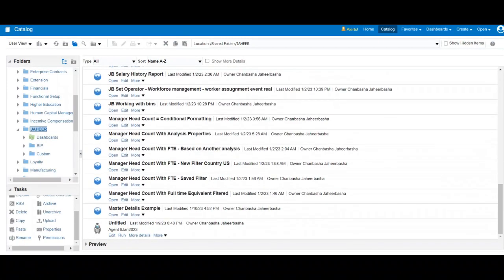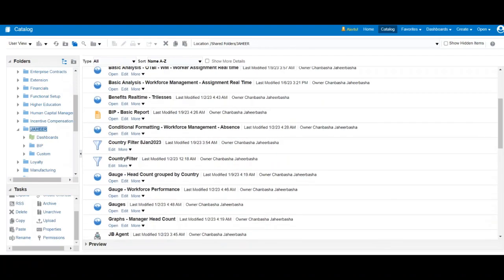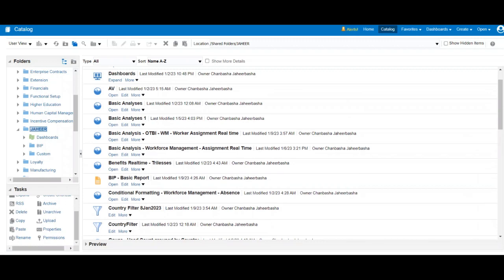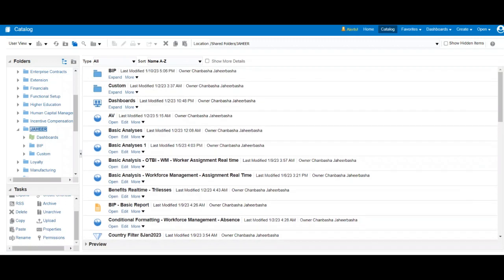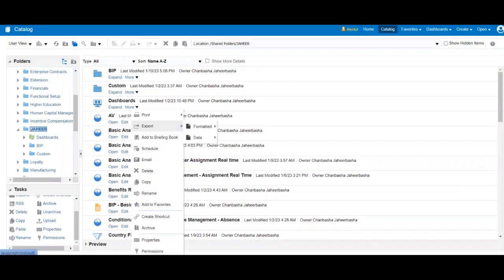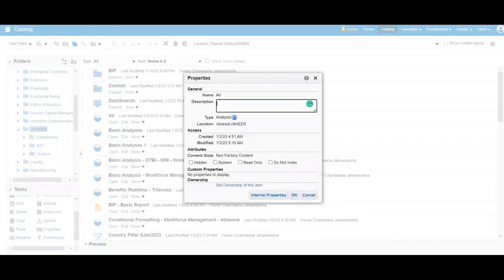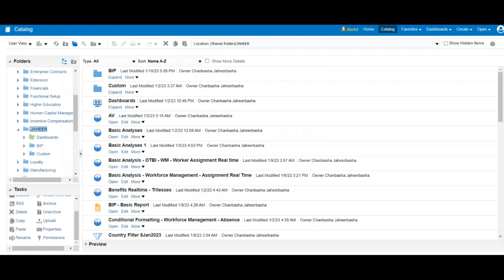It's throwing an error. Let's see what is that error message. Advanced views, we don't have here actually advanced views. This is what we have actually. I think it has this internal name. Let me check the properties of this one. It has AV only. So let me try to